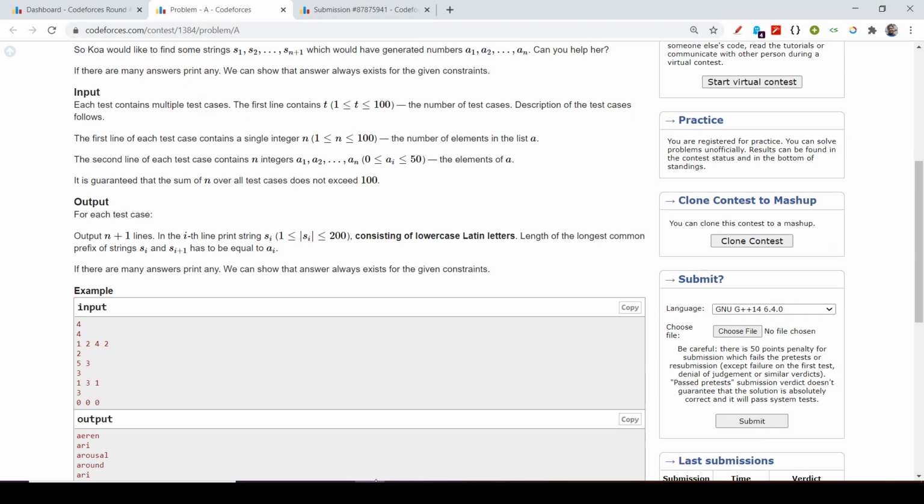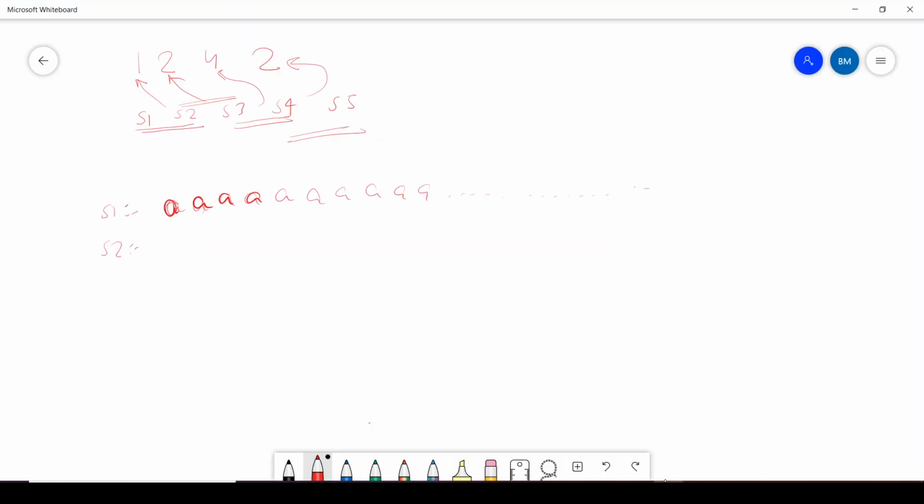As you can clearly see, a1 can go at most up to 50, so the longest prefix can be at max of length 50. So I will make this string of length nearly 52, so that even if it stops at 50, I still have at least 1 or 2 letters for safety. So now I made this string S1 of A's of length 52.